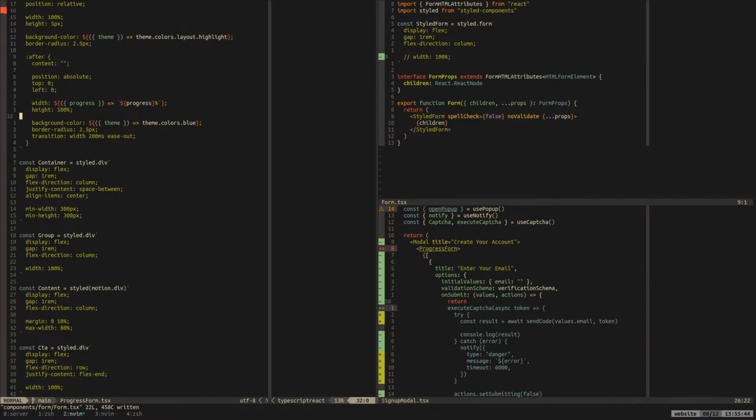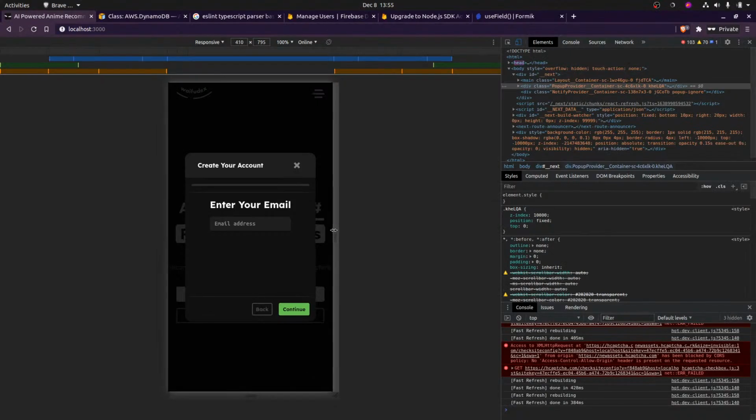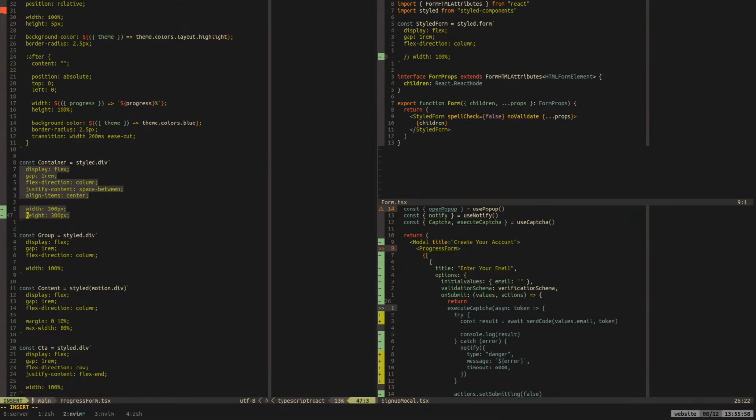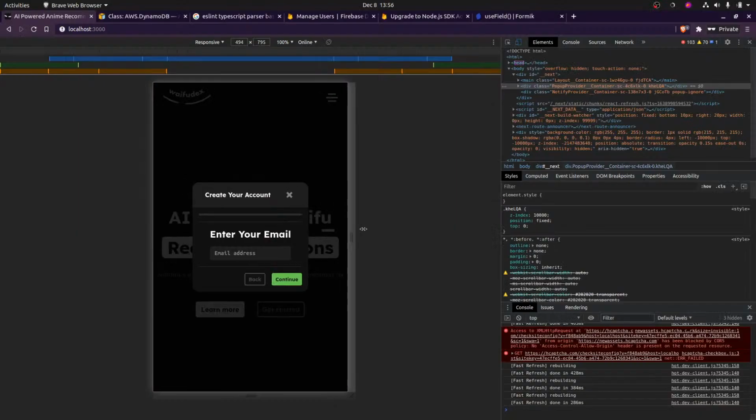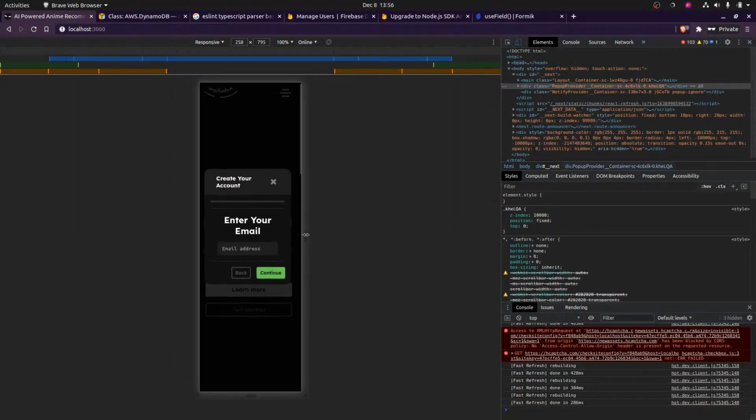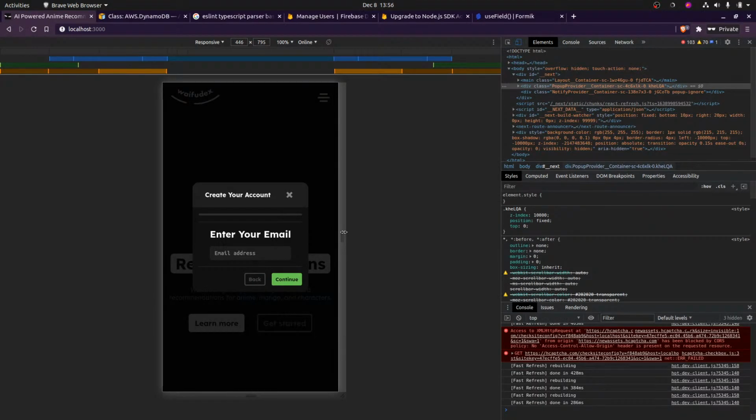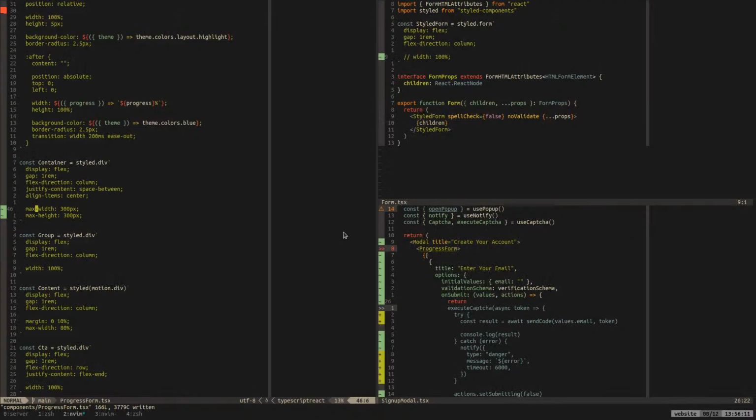It's forcing it. Okay, so it's forcing it, so what does that mean? We change it to not do that. And that does not fix anything. Maybe it could be max width instead. Okay, that works, that works. Sure, that works, yeah.